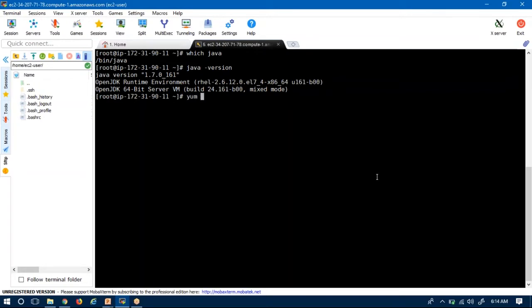Install. I am simply going to use Java 8 for this Jenkins, java-1.8.0 OpenJDK.